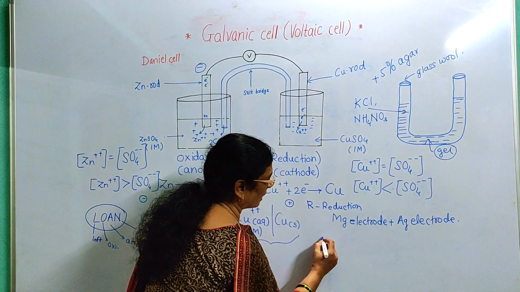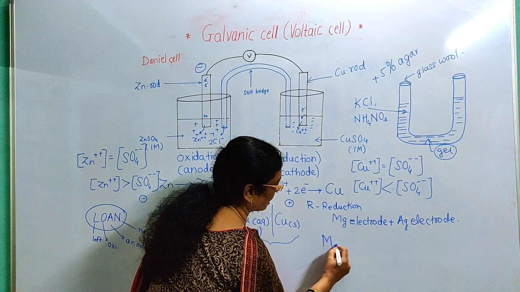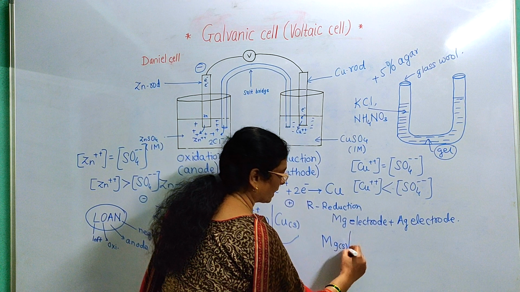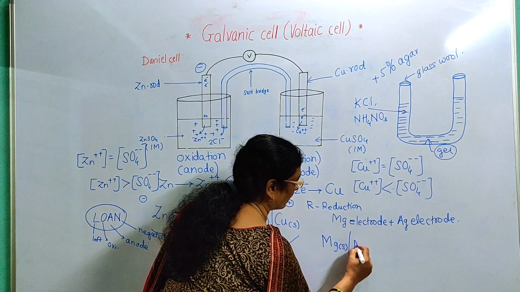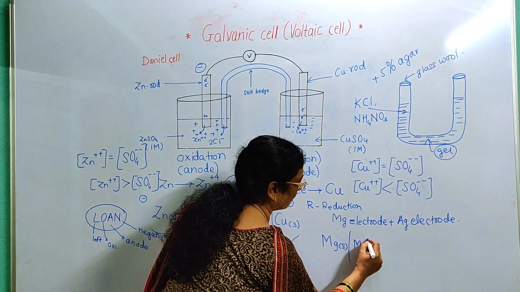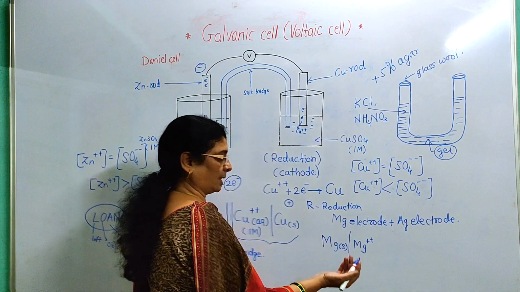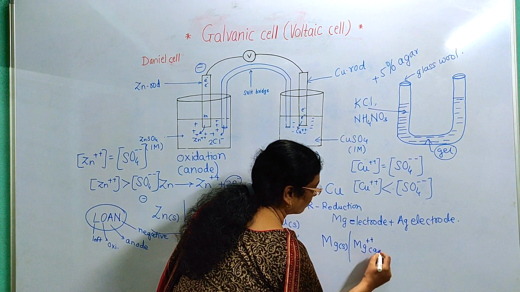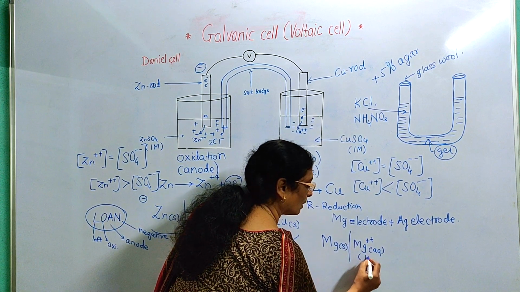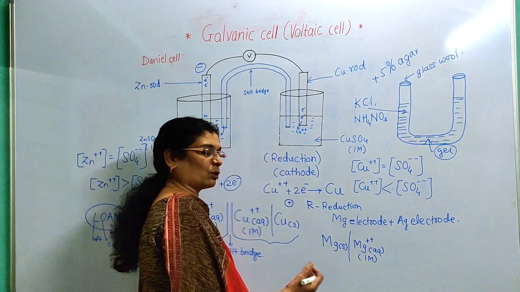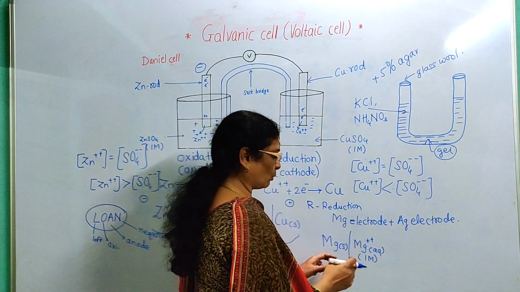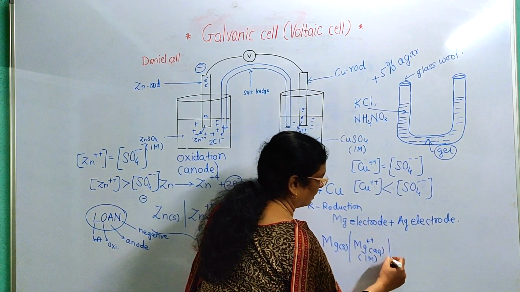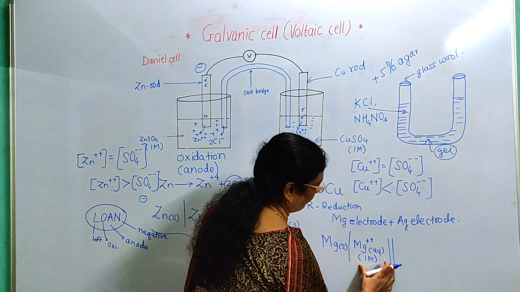Magnesium electrode where oxidation takes place, that means we take the magnesium rod, Mg solid. A single vertical line between magnesium metal and magnesium ions, Mg++ ions. You must know the oxidation number of Mg, Mg++. Here we have to represent the aqueous solution, 1 molar. We don't know what the concentration is, but we can write 1 molar. Then a double vertical line. This is the magnesium electrode.